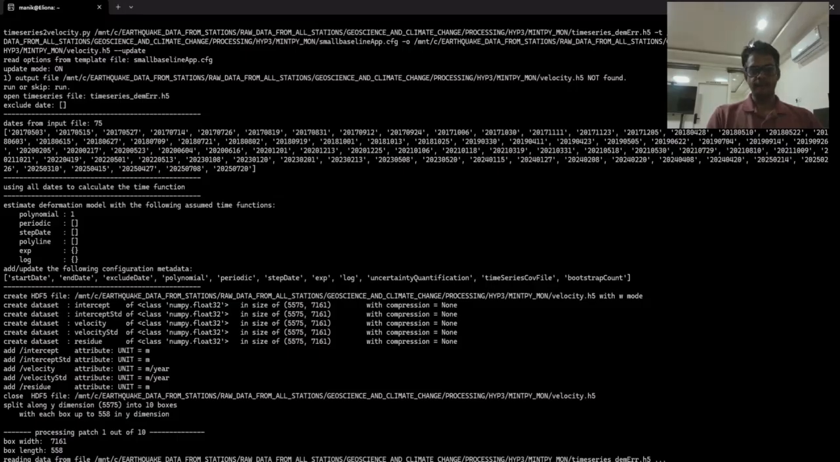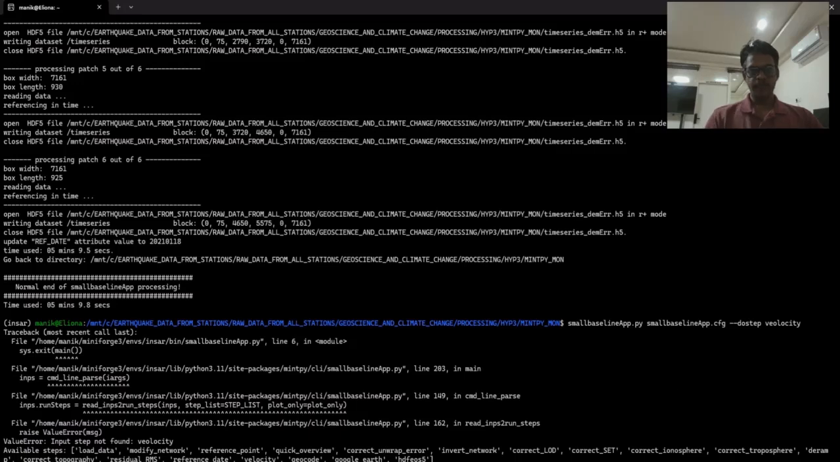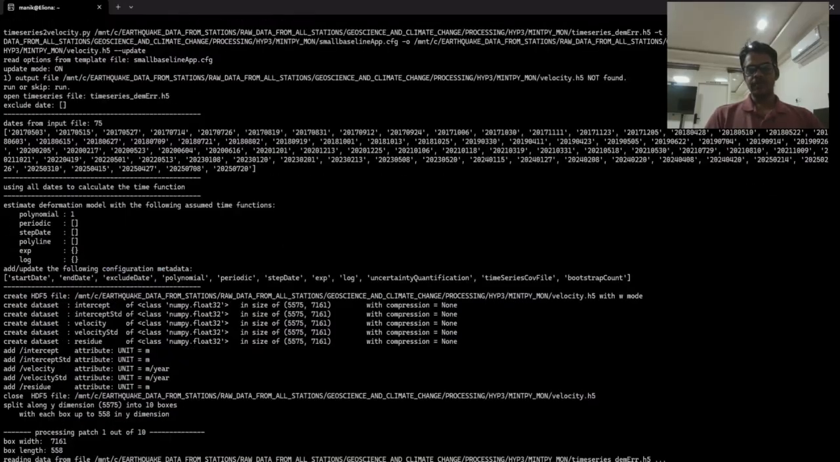And also there is a problem which I'll explain to you, because I typed it VELEOCATY. So that's a spelling mistake. That is why it happened. So if I type velocity again, now the processing is correct,